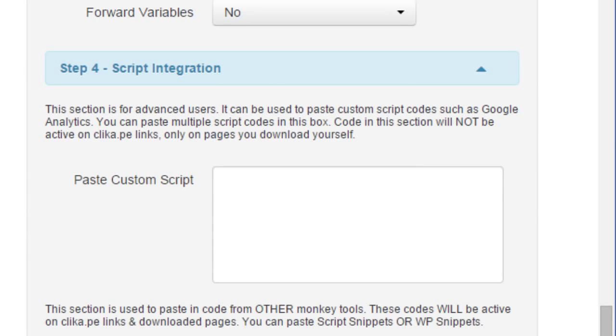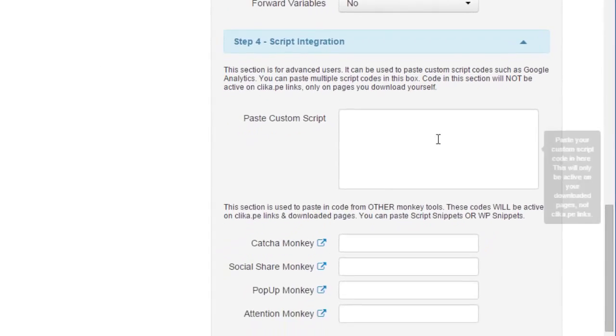And of course, moving along to step number 4, we have script integration. You can enter some custom scripts into this box. And in this case,